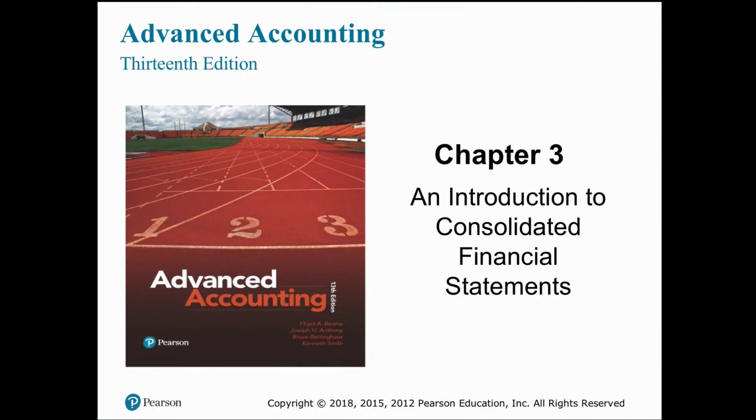Whether the company owns less than 20%, and this way we call it using the cost method, or between 20 to 50%, and here we use the equity method. And we had all the journals of these two methods during the second chapter. But today we'll start the third chapter where we talk about ownership of more than 50%. Here we start talking about the journal entries, and then the worksheet we do, and we end up with